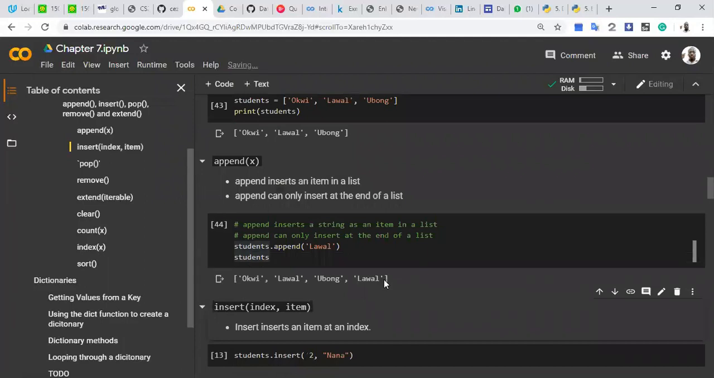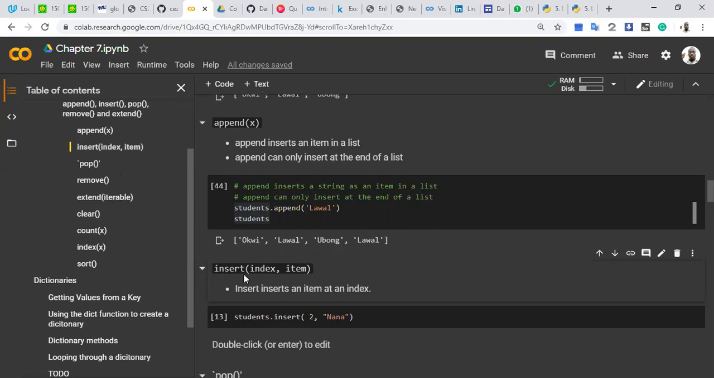that's append. However, I said, okay, what if we wanted to insert not to the end of the list, but maybe to the beginning or to a particular index point in the list? How do we do that? So there is the insert method. This insert method takes two arguments. The first specifies the index location you want to insert at, and the second specifies the item you want to insert in that location. Okay, so here